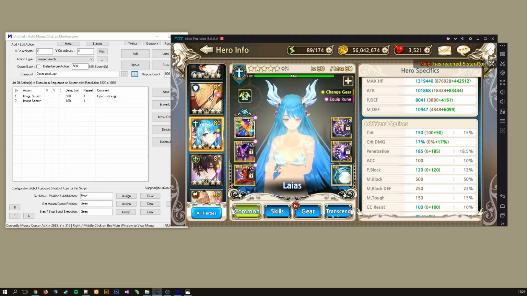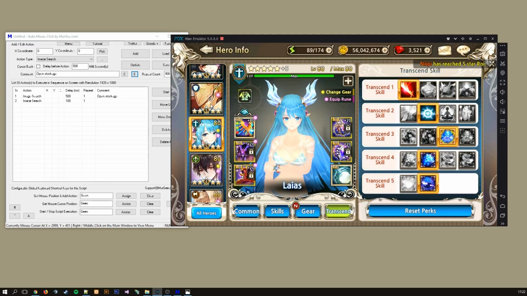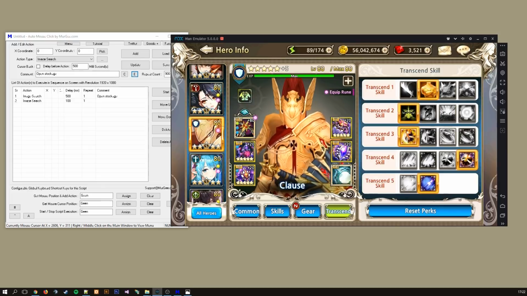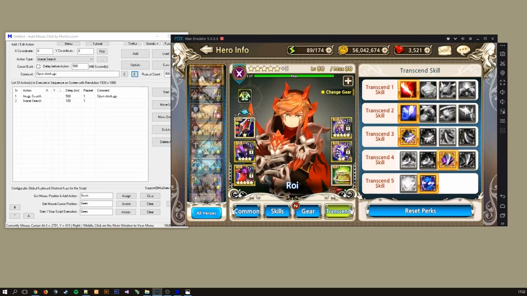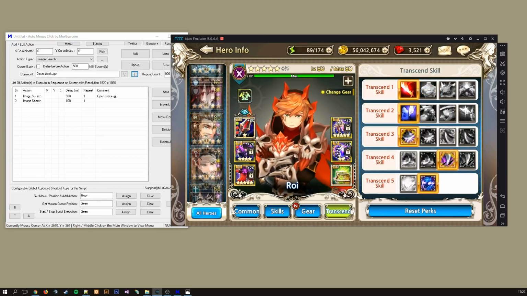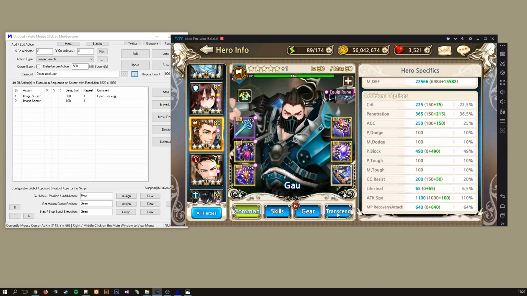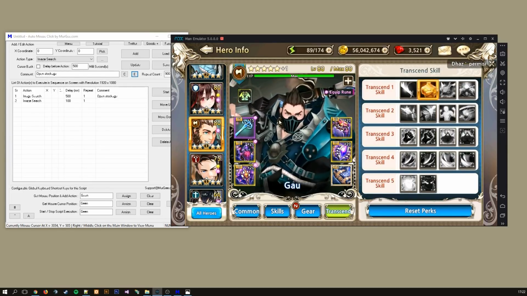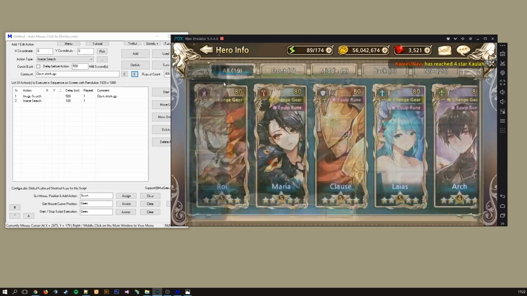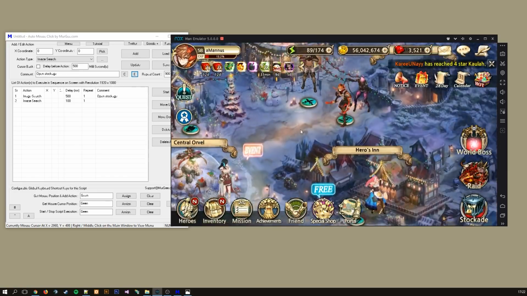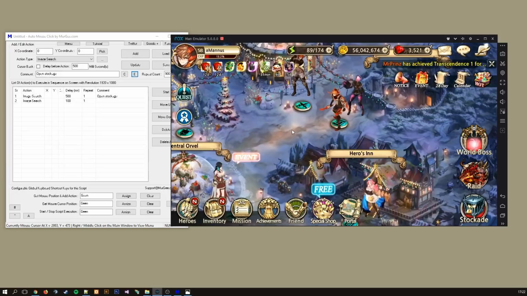Using Laios. Oh, here's the Transcendence perks, by the way. Here's Laios, here's Klaus, and here is Roy. And lastly, I'm using Gar with kind of shitty gear, but he kind of works. So yeah, there's that. So that's the team comp I'm using. There's a lot of team comps that kind of work,